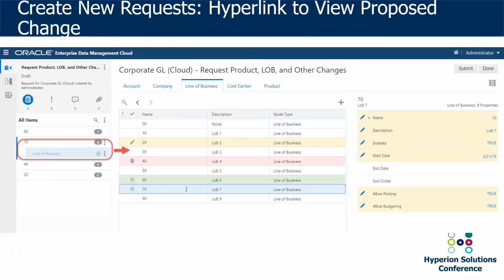And then at any point, once your shopping cart gets really big, if you wanted to jump back and see what those changes are, they're all hyperlinks. So you can just select the link here for 70 line of business, and then it's going to jump to that node in the hierarchy and show you the properties. And again, I can toggle these properties on and off, but you can see what updates were made. Notice here too, my one issue,